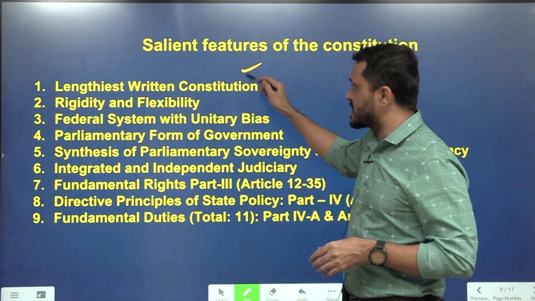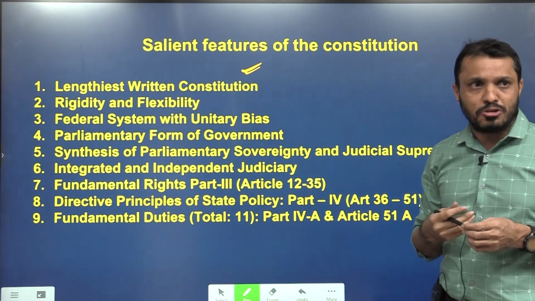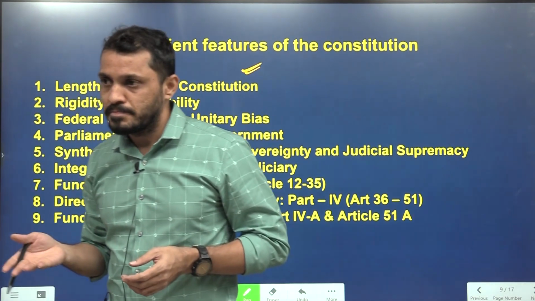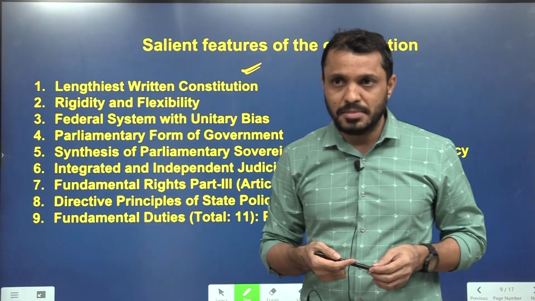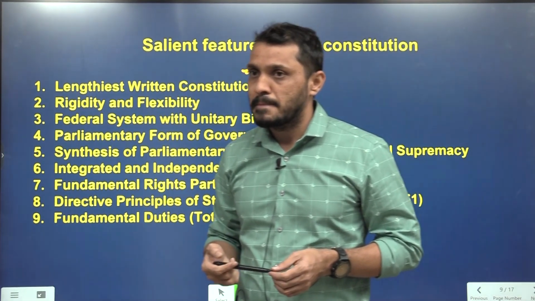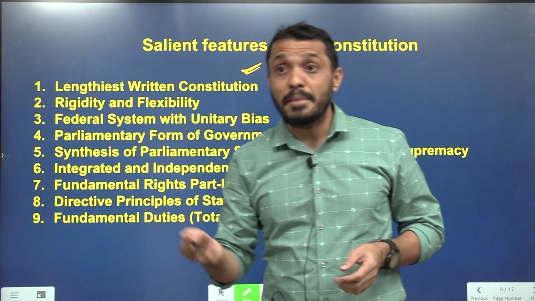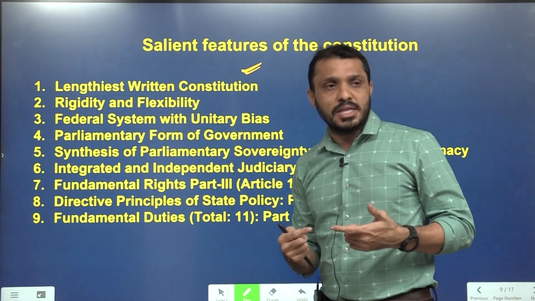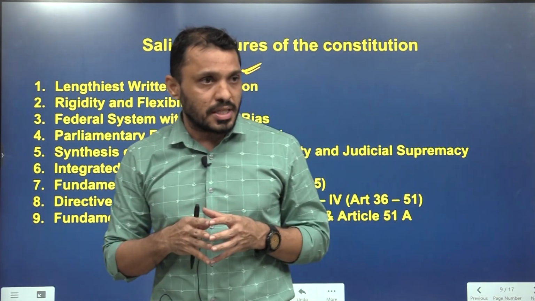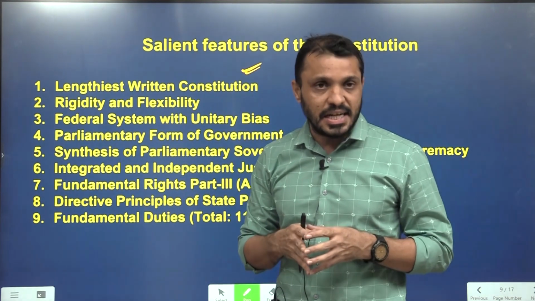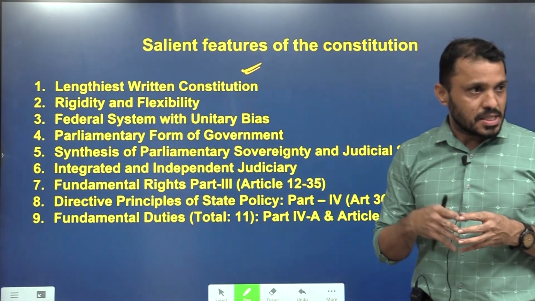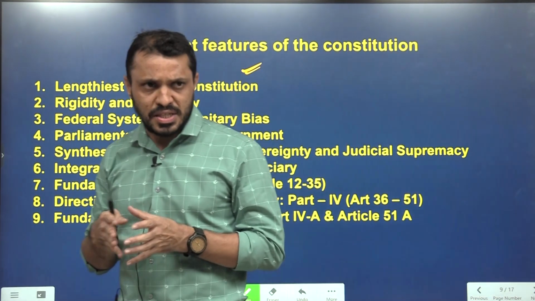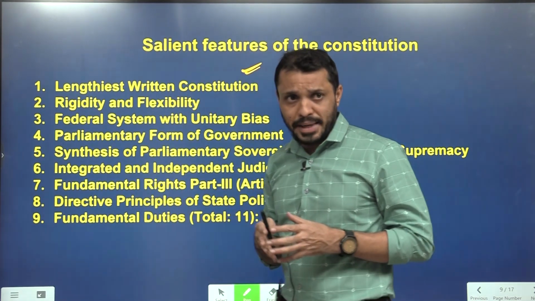The first one is the lengthiest written Constitution. Obviously, you know, students, the Indian Constitution is a written Constitution. Who wrote it? The Constituent Assembly, formed on the recommendation of the Cabinet Mission 1946. The idea of a Constituent Assembly was proposed by M.N. Roy in 1934. But if the question is who proposed the formation of the Constituent Assembly, it is the Cabinet Mission 1946. Elections were held in 1946, and from there onwards we started writing our Indian Constitution. The first meeting was held then; we'll discuss that in the making of the Constitution.